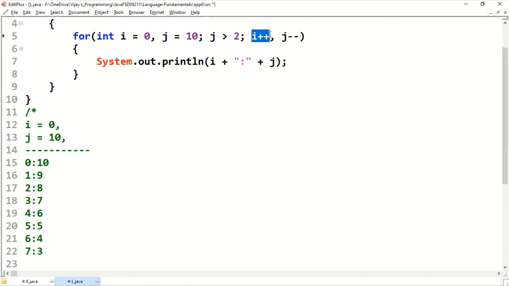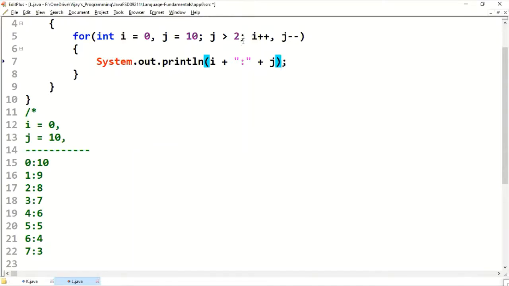Assume i value got incremented to 7, j value got decremented to 3. Now it is going to check whether the current j value 3 is greater than 2. Yes. Going inside, printing the current i value and j value, 7:3.